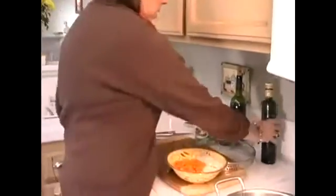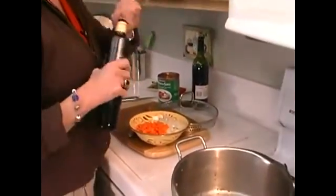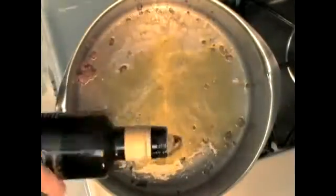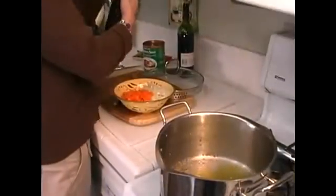We've taken the sausages out of their cases, and crumbled them up and sauteed them in a little butter. I've pulled them out of the pan because I don't want to overcook the sausage, and left all the juices in the pan and everything. Now I'm adding some extra virgin olive oil,